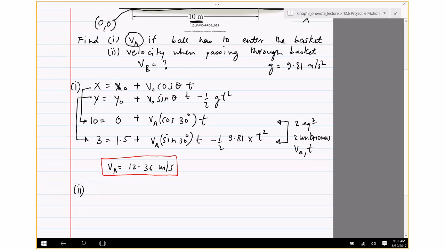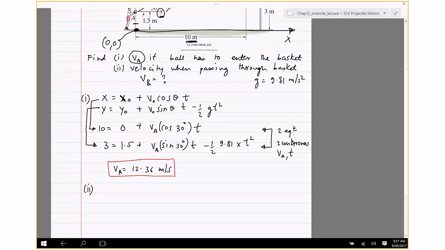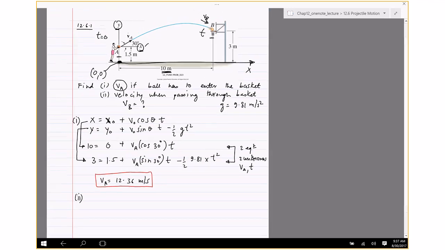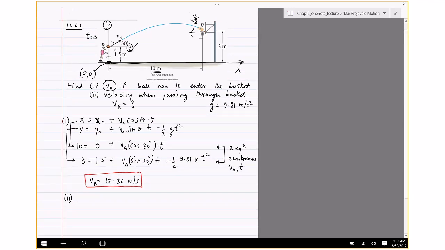Okay, the second question asks you to find the velocity at B. If you're asked to find the velocity at B, clearly the velocity has two components, one in the x and one in the y direction, so you have to use the other formula which I derived in the class. The velocity in the x direction is v0 cosine theta. The velocity in the y direction is,